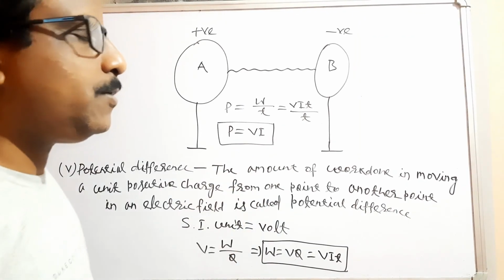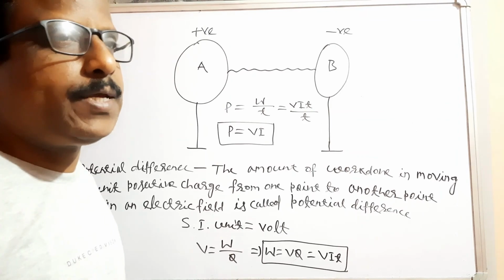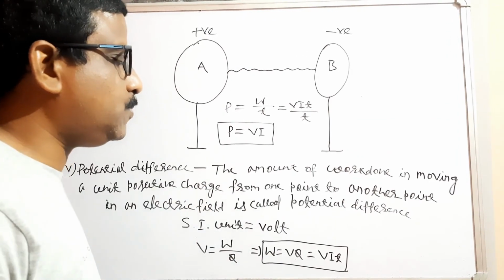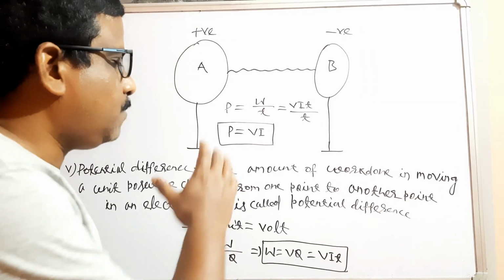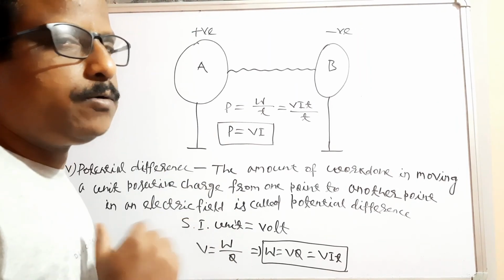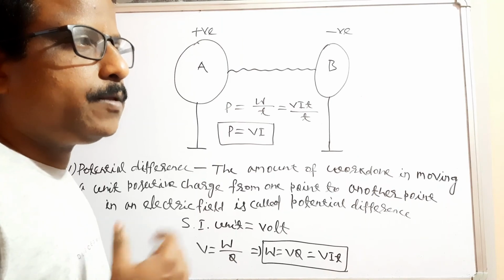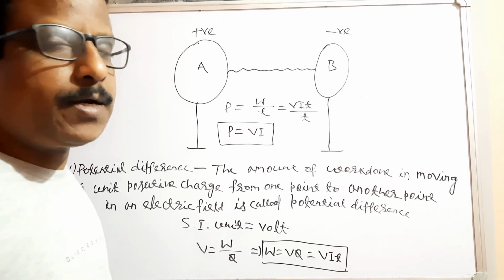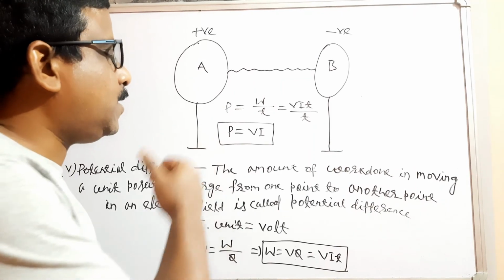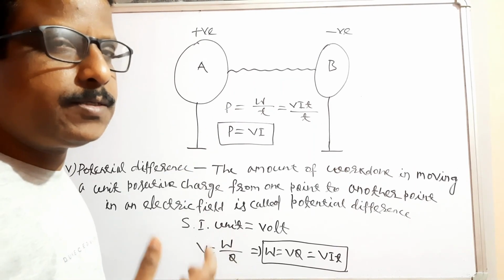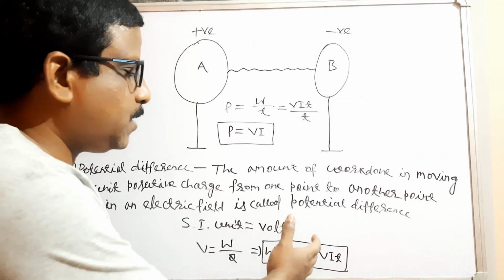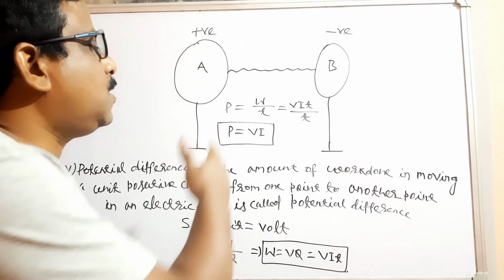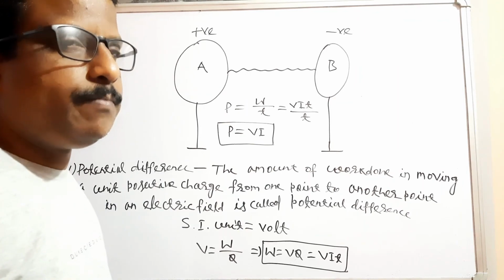This is another relation. All these relations are very important. By using these relations we have to do the numericals, so understand the relation, how we are getting the power consumed in an electric circuit. First I explained the current formula, then the potential difference, then the work done, then the energy. Work done is nothing but the energy supplied by the source, the same formula VIT. Then power consumed in an electric circuit, you got P is equal to VI.